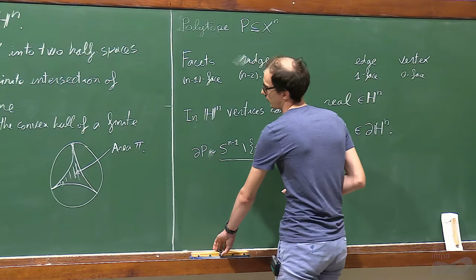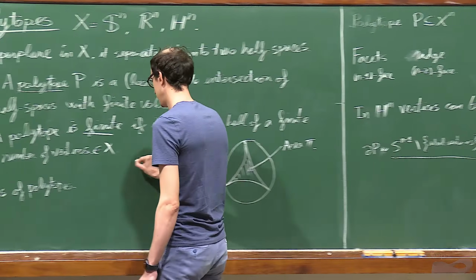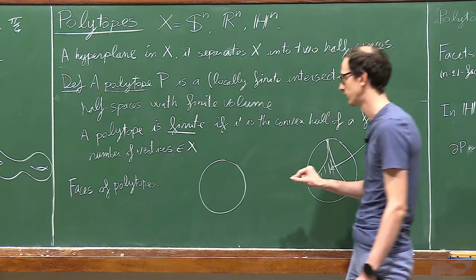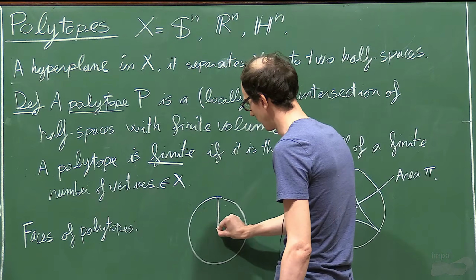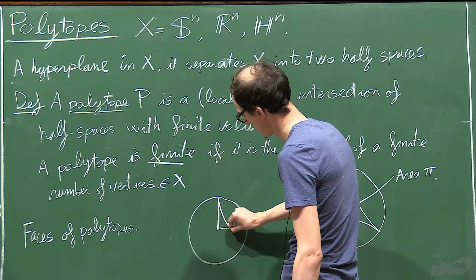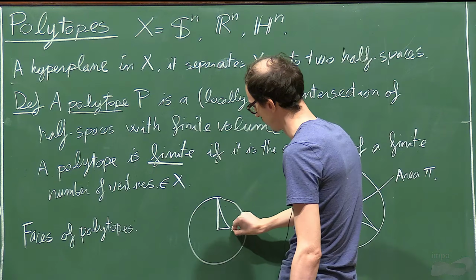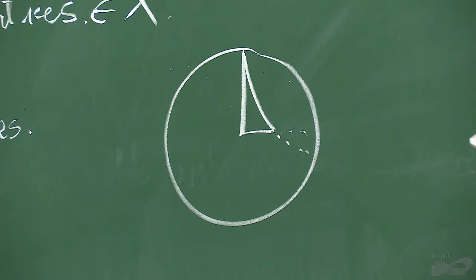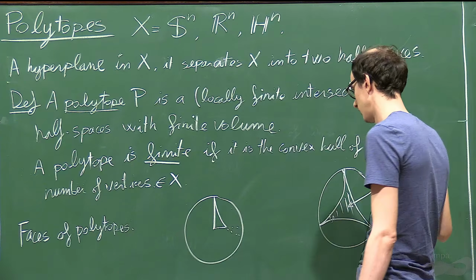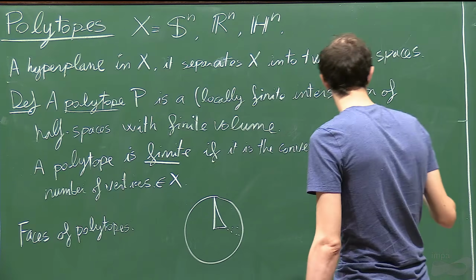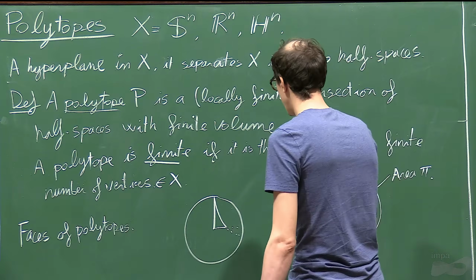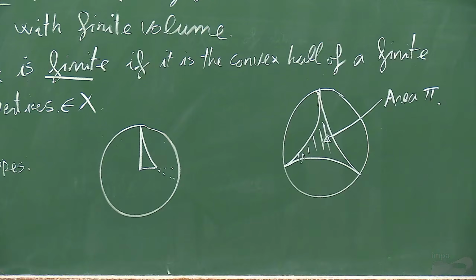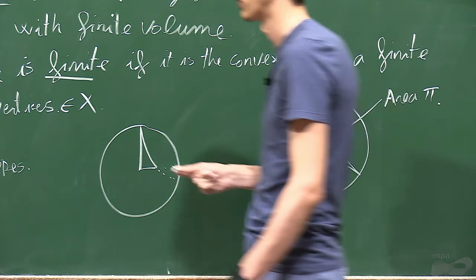Okay, some examples just to be pedantic. You can have both ideal and real vertices. For example, you can have a triangle like this. Oh, this line continues. You can have only ideal, you can have only real vertices. You can have more examples in higher dimension, which I'm going to make.